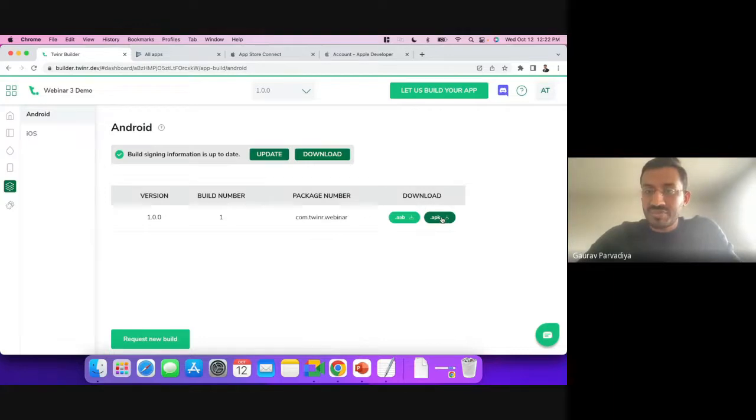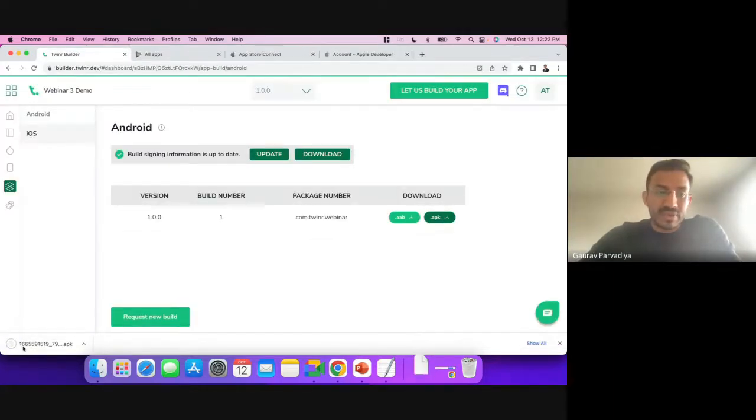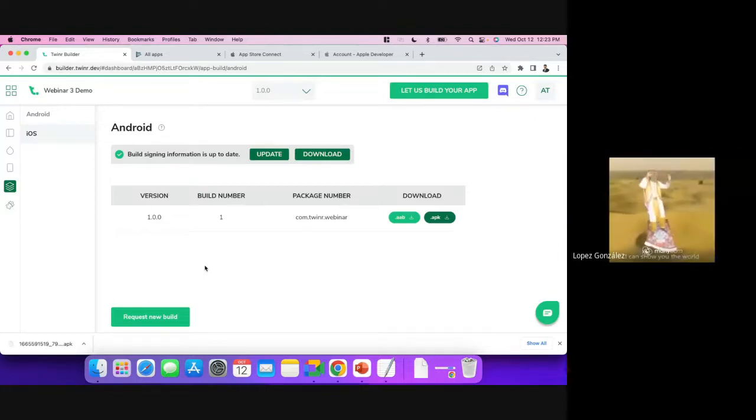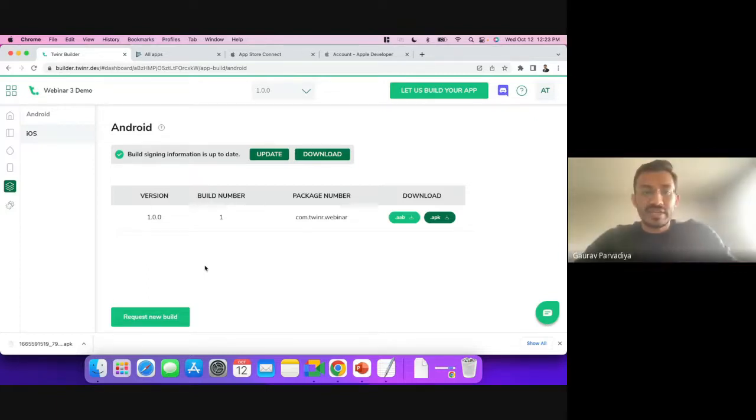You just download this APK file, and then you can install it directly on your Android mobile. There are two different ways to do it. Either you can upload it to Google Drive or any storage space that you have, and then basically